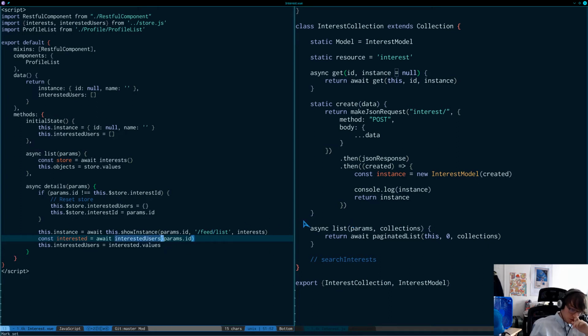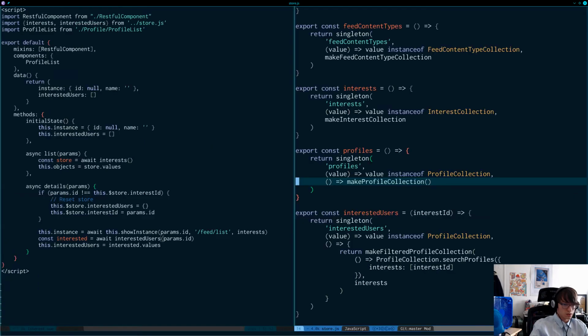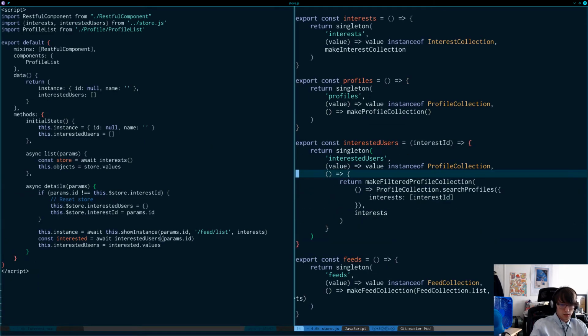Interested users is reliant on the correct parameters being passed in. If we look at this over here, if we do this, and we provided the interest collection,